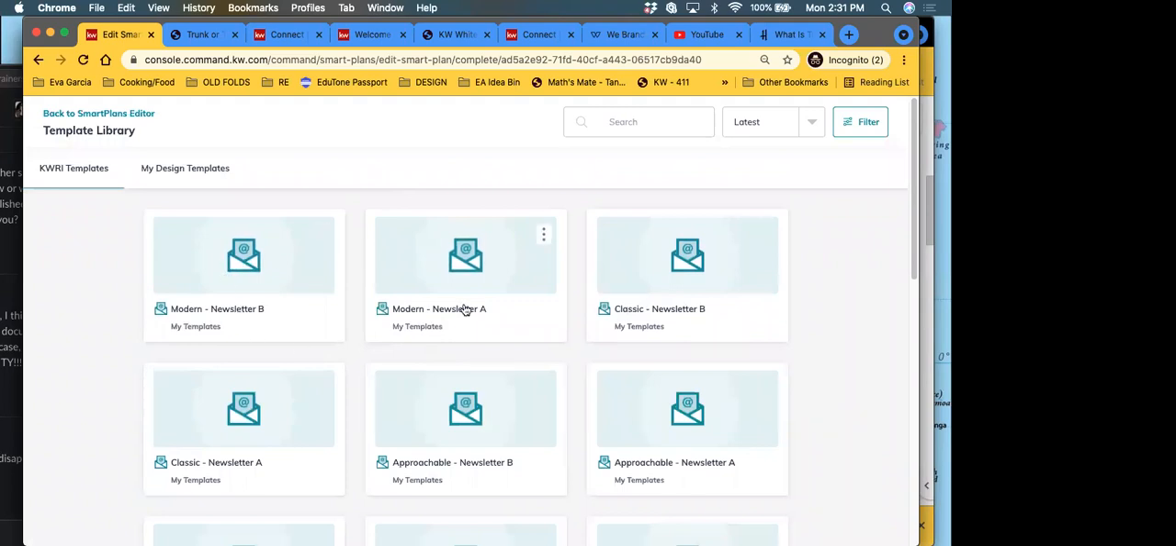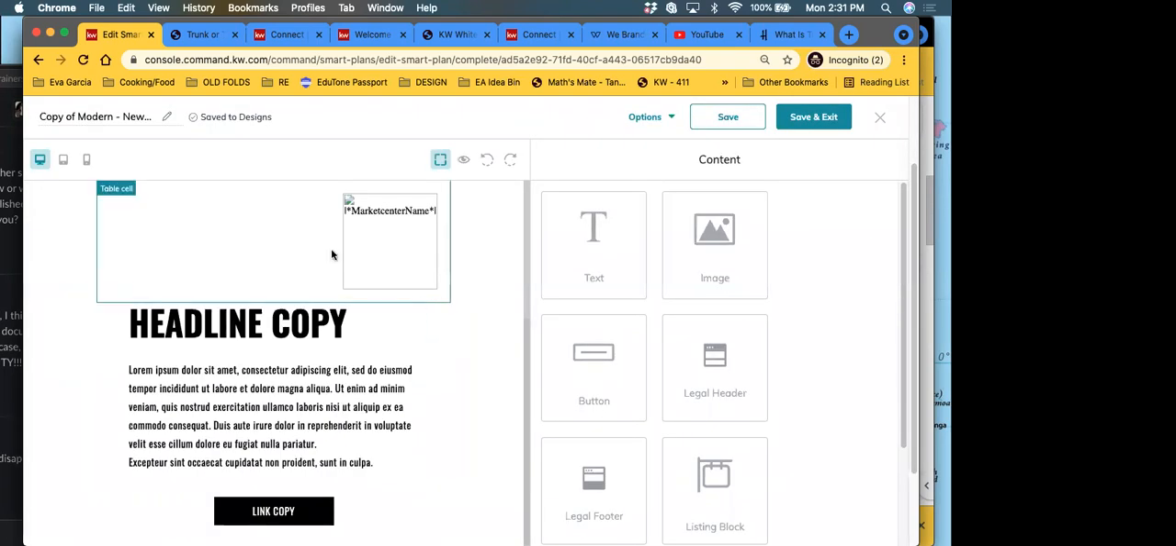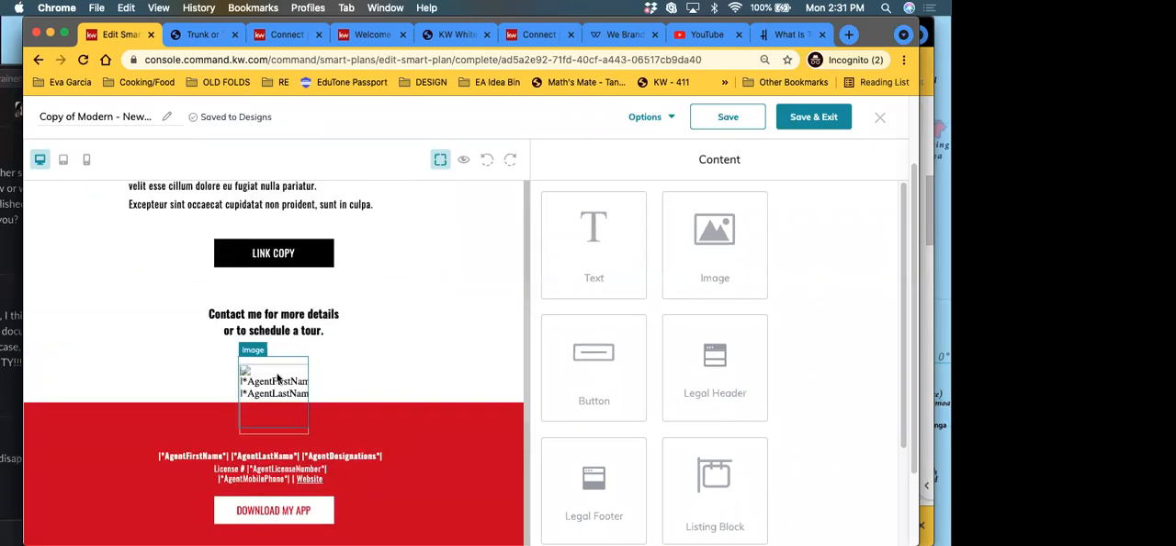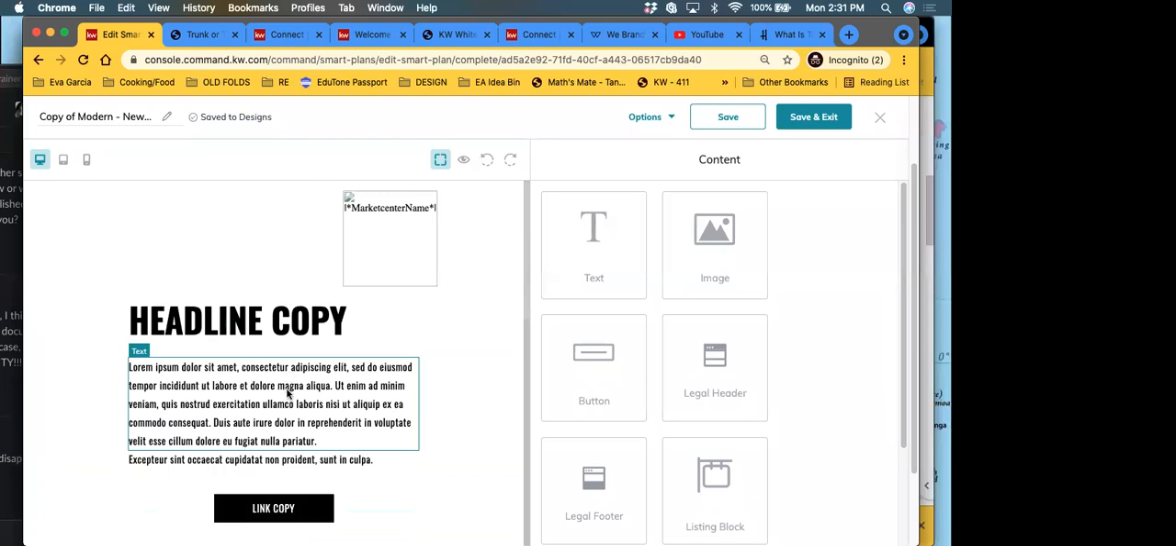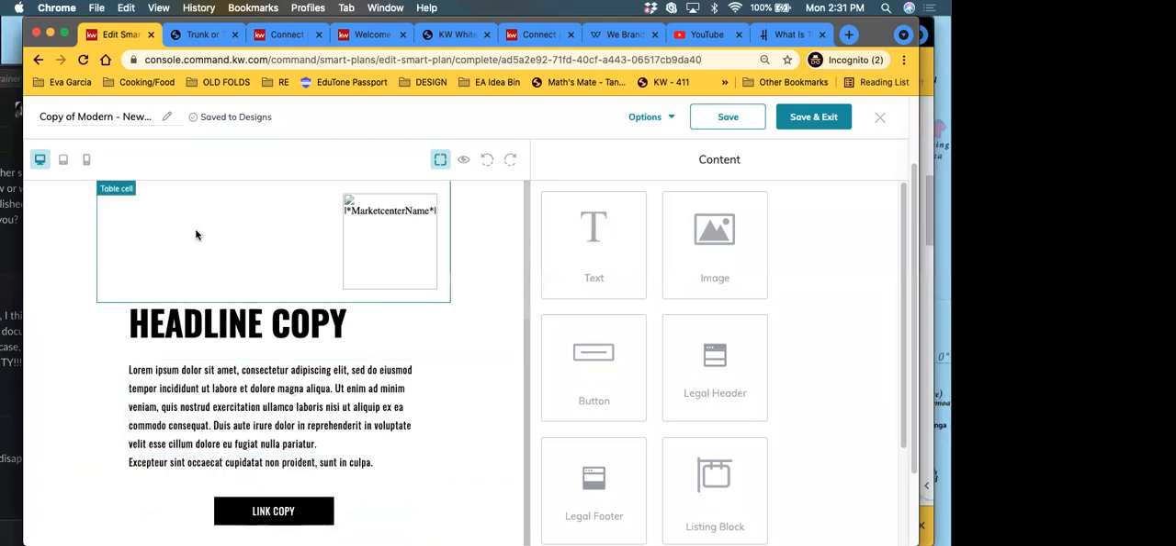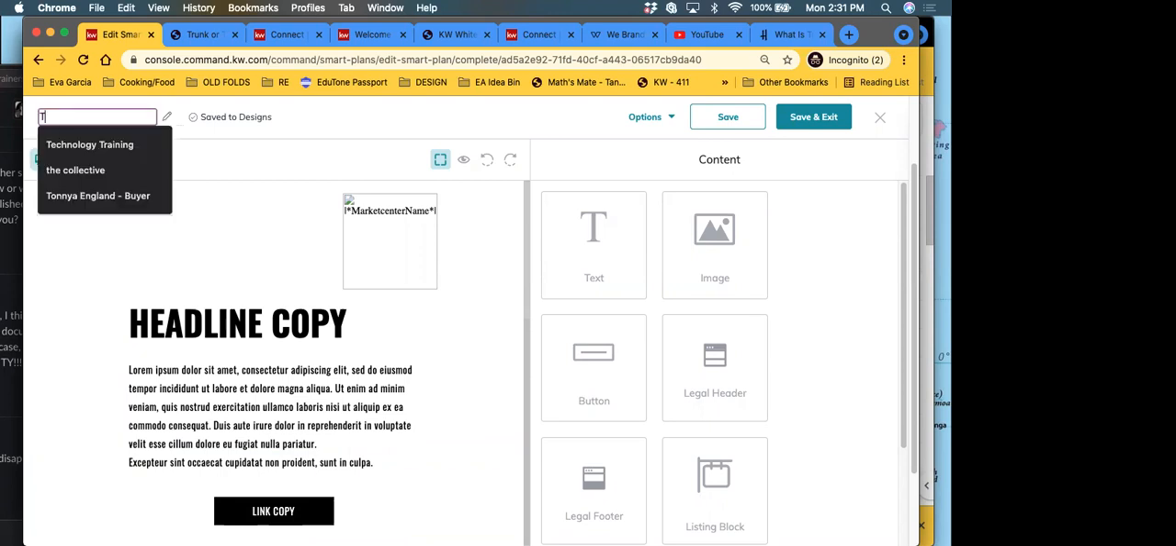And we're going to just start with Modern Newsletter A. This is a really simple one. I like the modern designs myself. And we're just going to utilize this kind of template to just invite them to our trunk or treat. So first things first, we got to change the name. So we're going to put this as trunk or treats